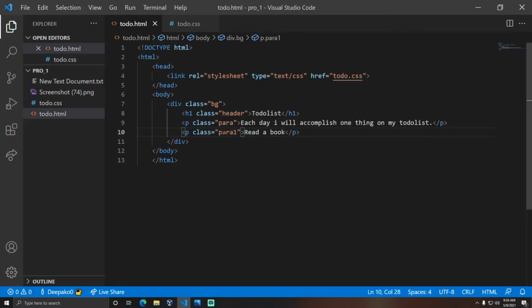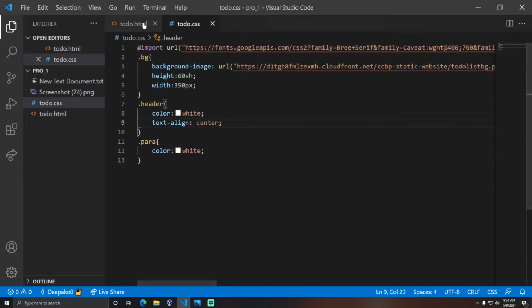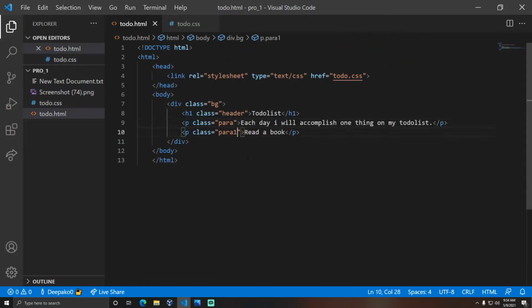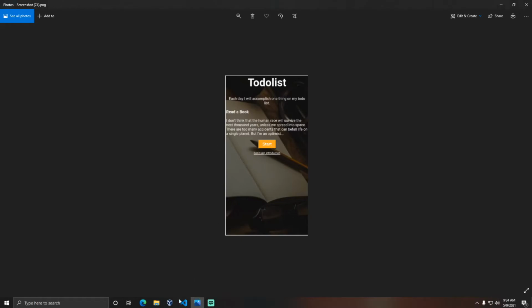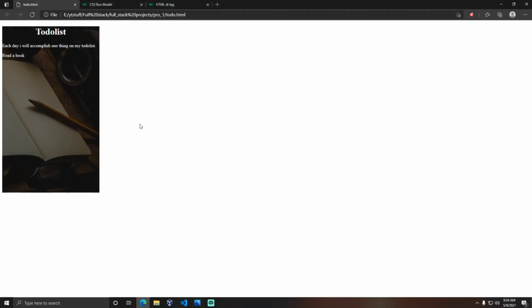My personal opinion is, don't use the same class names for all the elements. If you have many common things for the elements, then you can use it. But here we don't want to center or anything like that. Here we have the same properties, so I did that.